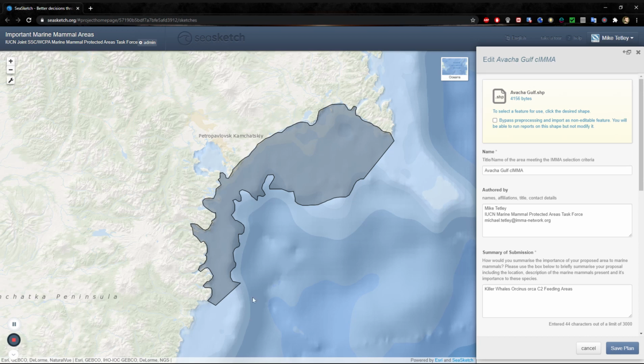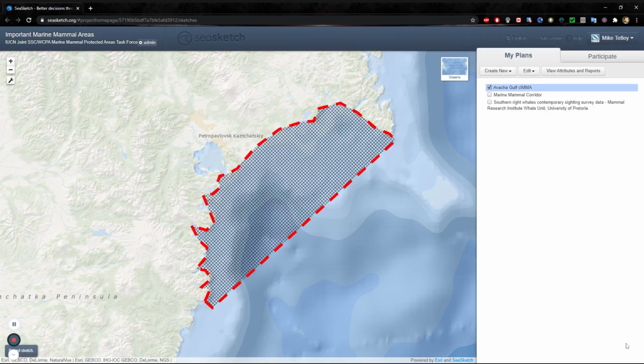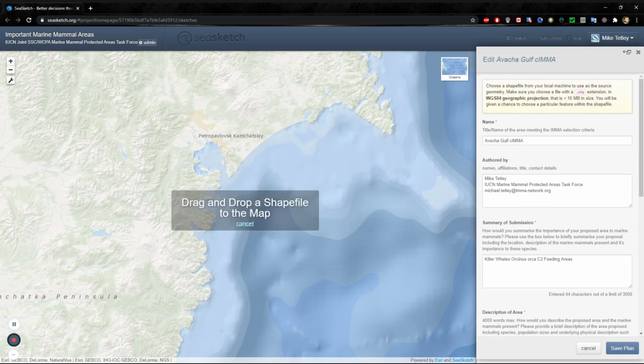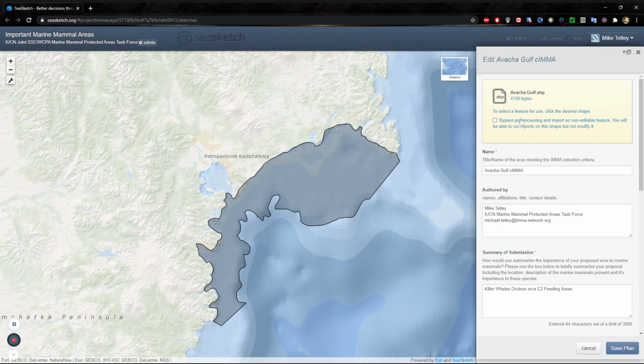So we're going to include this, which includes a kind of cutoff for the 300-meter contour based on the GEBCO bathymetry atlas. So if we now save plan, oh no, just to show you that things can actually go wrong. Let's upload this shapefile again. Okay, there we are. Right.